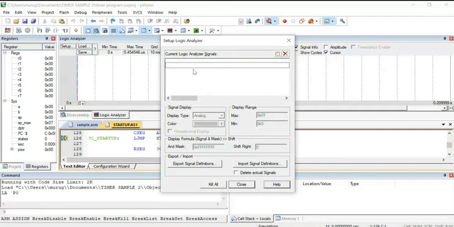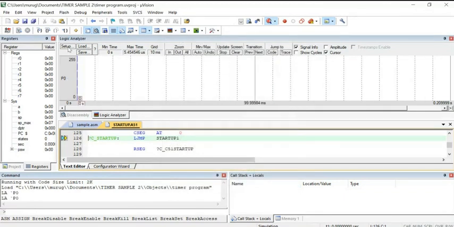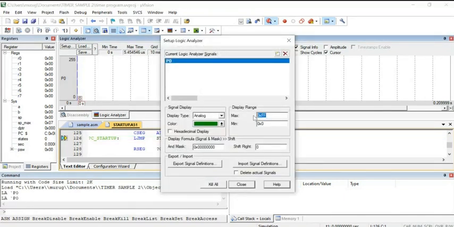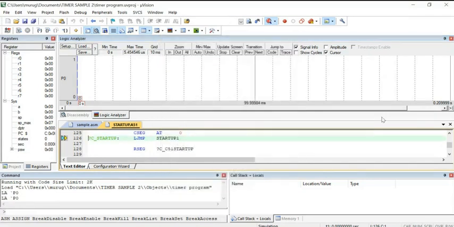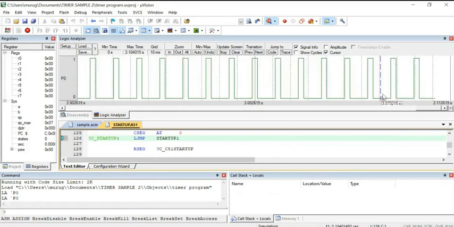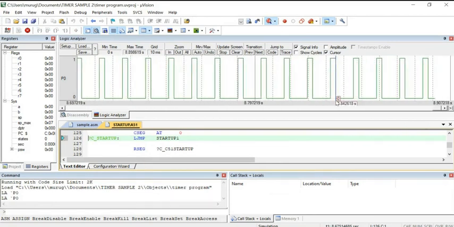So we have written the program. The waveform should appear at P0, port 0. And one more setup, you make it as maximum value 1, 0, 1. Before run, you have to select your port to visualize the output using this analysis window. Now run your program. So the waveform will be appearing.